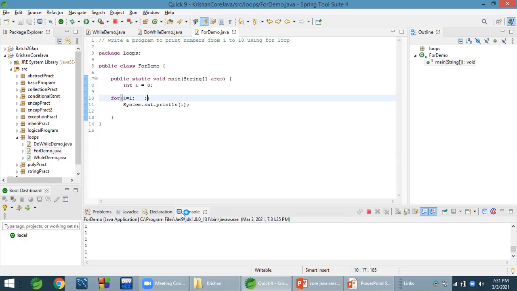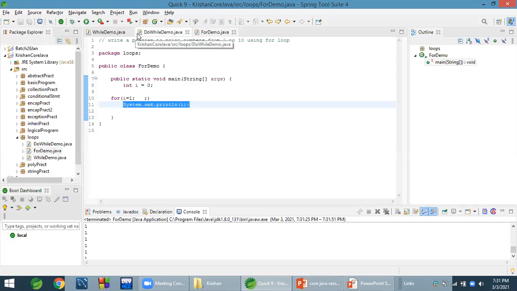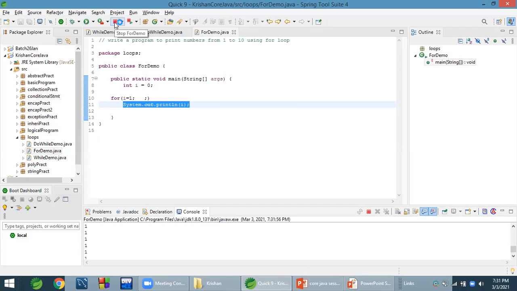Now this is an infinite loop. i equals 1, and it does not have any condition or increment or decrement. It keeps printing i again and again. Here you can see it's printing 1, still printing. So to stop this, click on this stop button. When we run a program, we get a stop button. You can see stop.